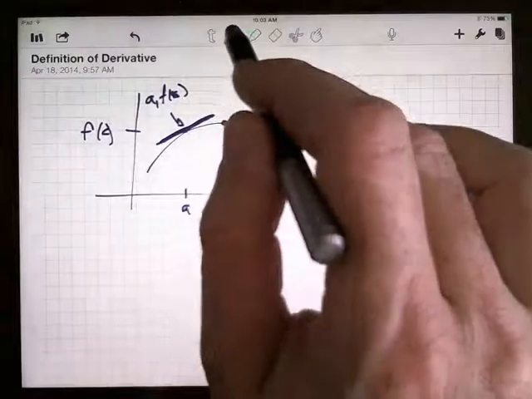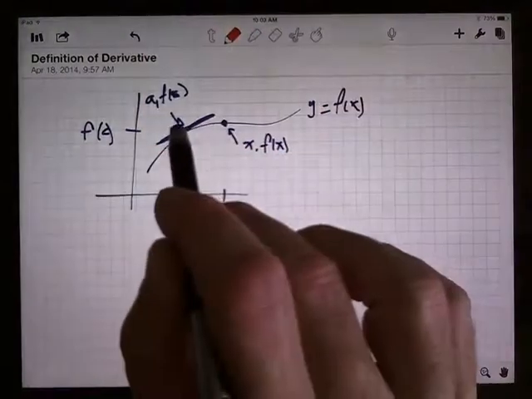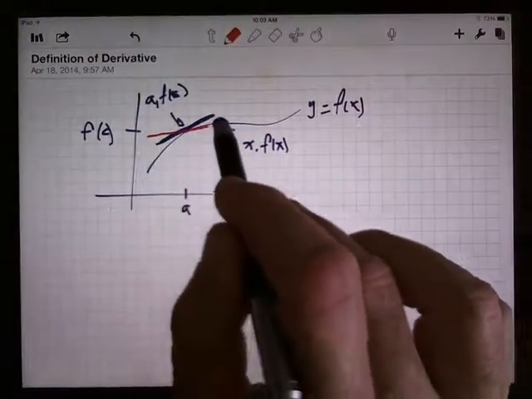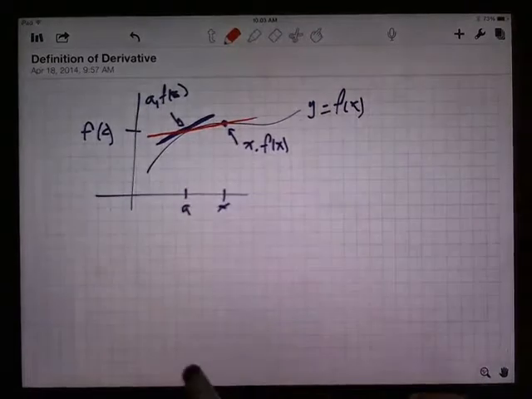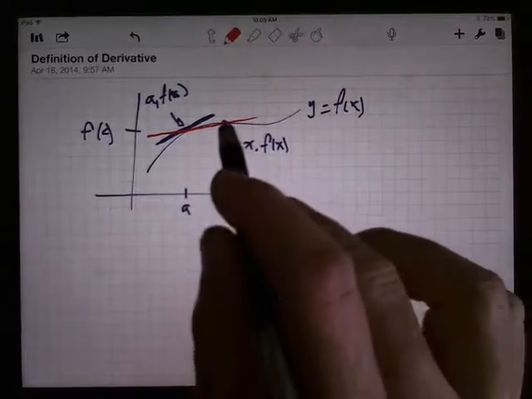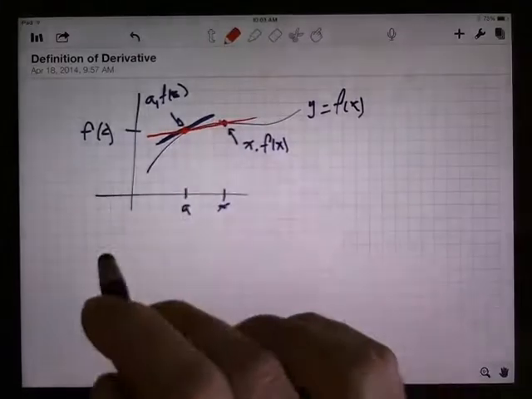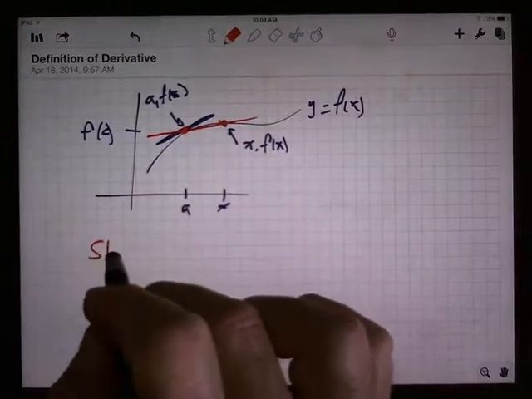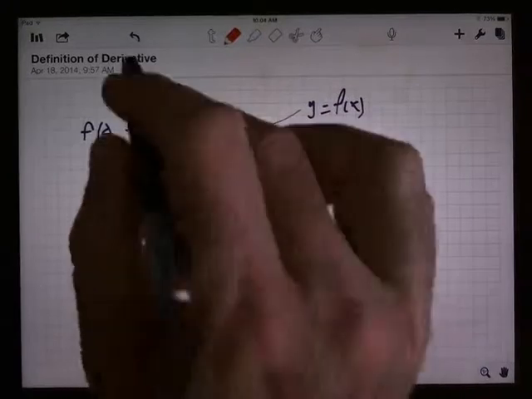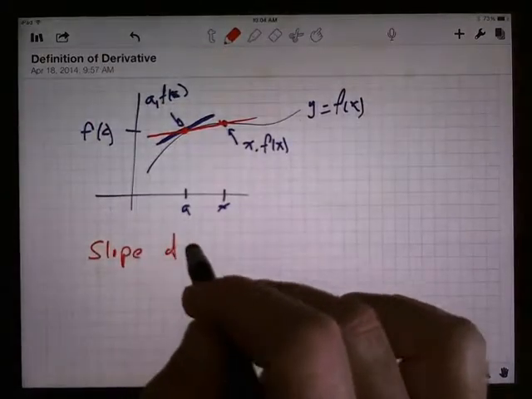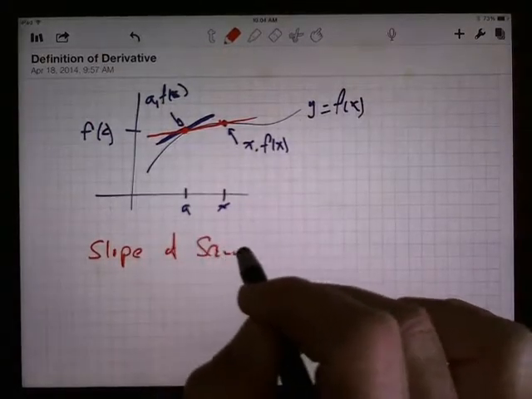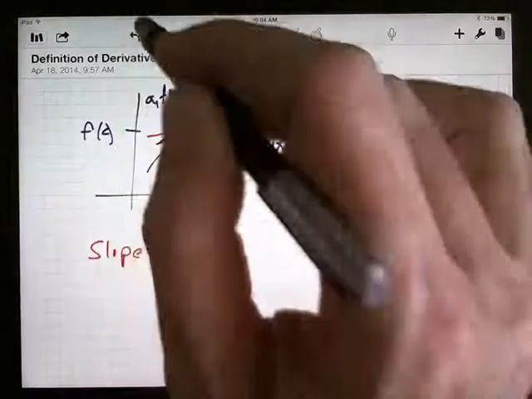And if I look at the line that goes through those 2 points, well, that's not really the line I'm interested in, right? But I'm going to use that. So that red line is what I call a secant line. It hits in 2 points. And I can calculate the slope of the secant line here. The slope of the secant line is